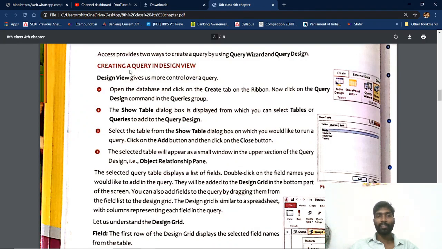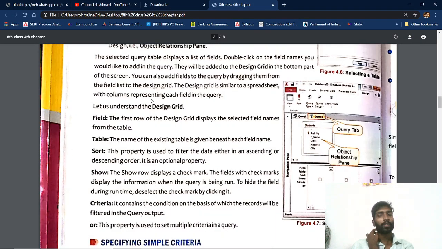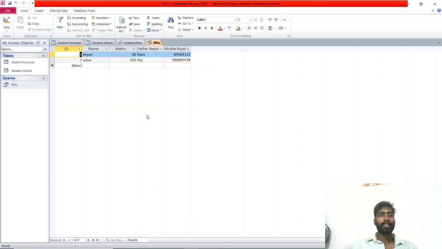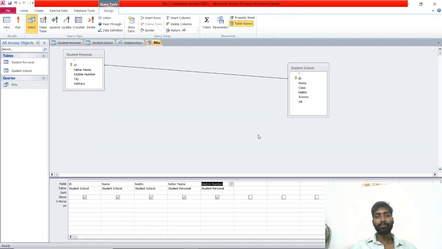Now see, we created a simple query. Now a simple criteria, criteria means a simple condition. Okay, now I will explain only the criteria, and multiple criteria and the remaining things we will see in an upcoming class, because if I explain all together you will get confused. Okay, now see here, just right click, design view. Now I am going to give the criteria. Okay, what is the criteria? Greater than 90. Okay, sorry.